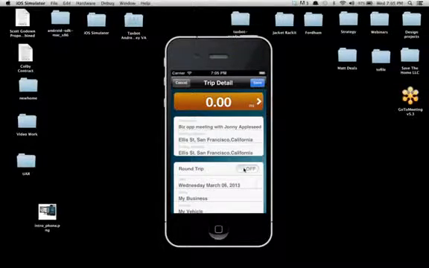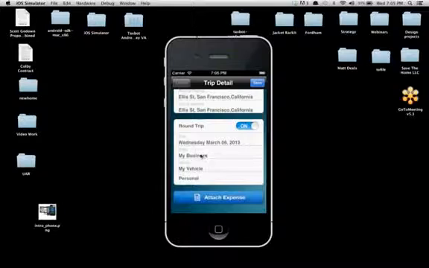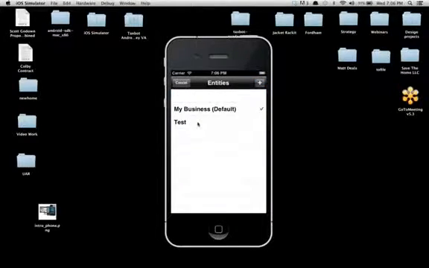biz op meeting with Johnny Appleseed. Can't spell, but biz op meeting with Johnny Appleseed. That's clear, that's concise. If the IRS ever questions you, you can say exactly what you did. You showed the biz op to Johnny Appleseed. If you're going there and back, which I recommend doing as much as possible, because most of your trips you'll find are repetitive, you can click round trip and it will just double that mileage that's up in this